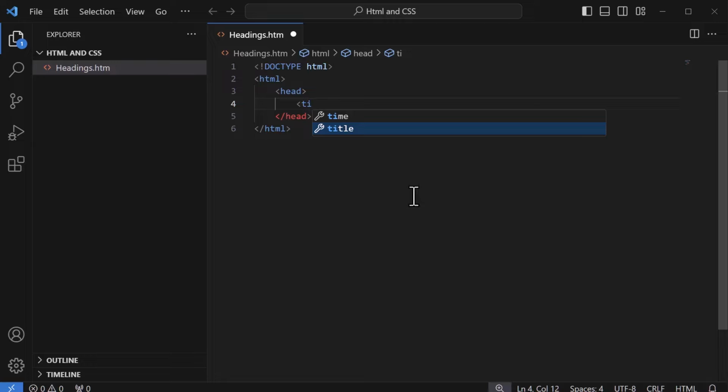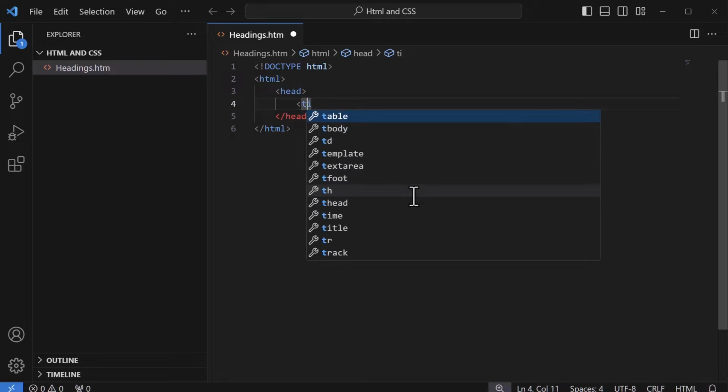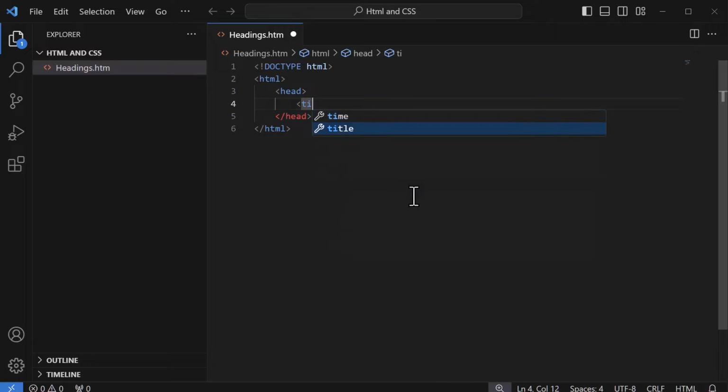As I write ti with angle bracket open, you can see that it brings me the option title as well. I can move with my arrow keys up and down to select the tag that I want to use. Or I just press enter, then close the angle bracket. Okay, I write the heading